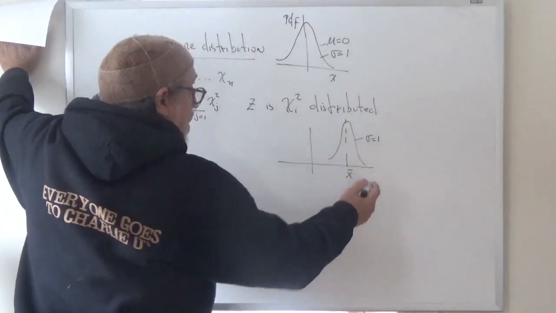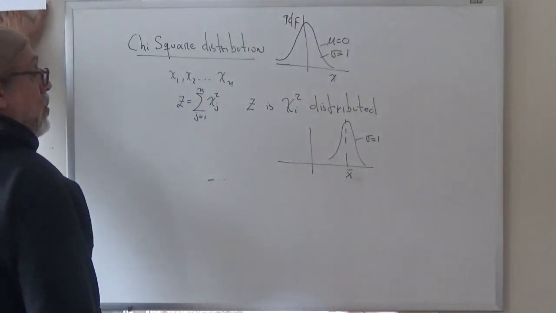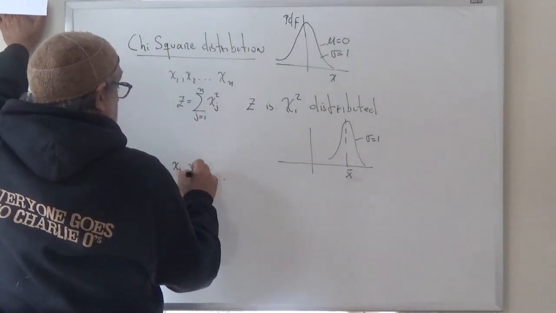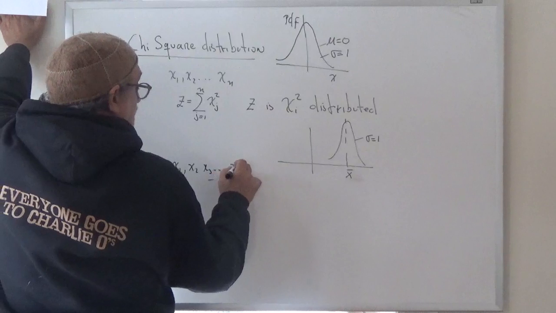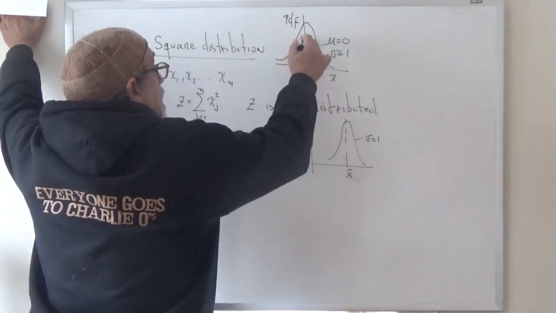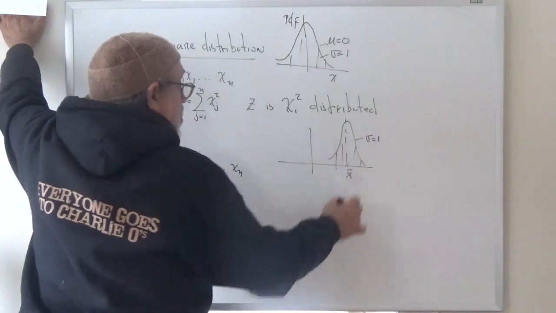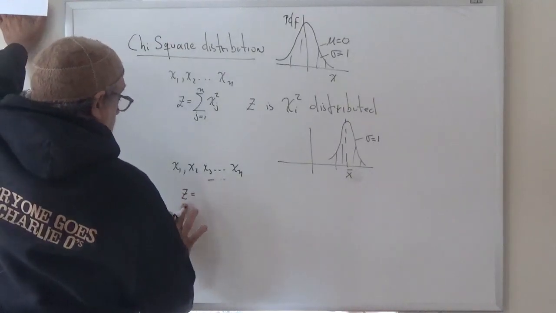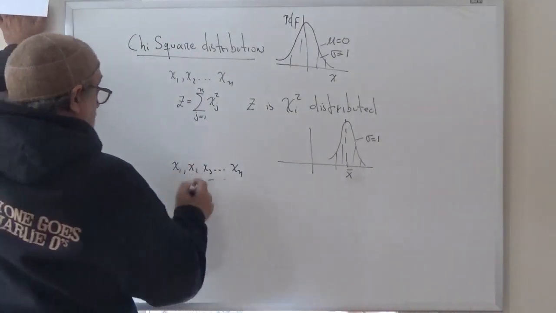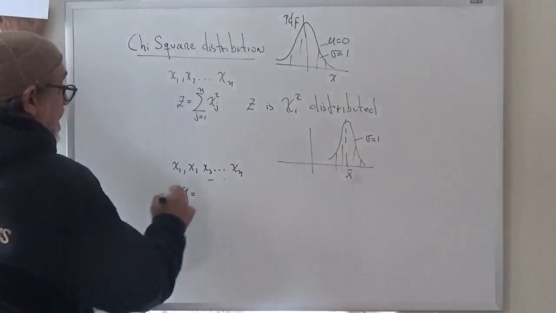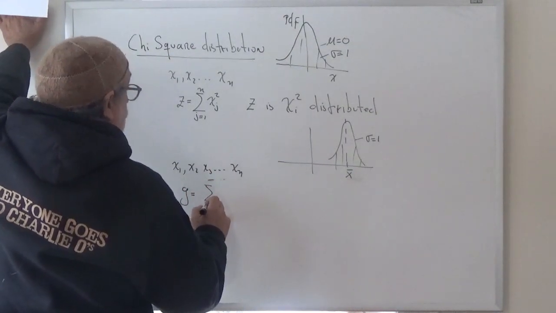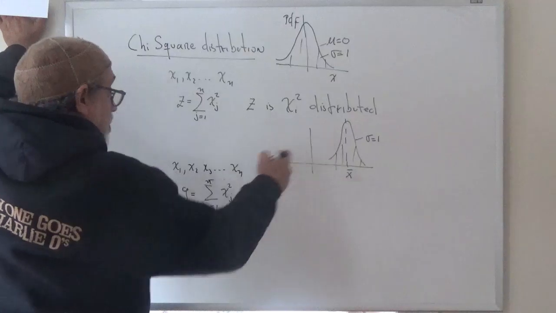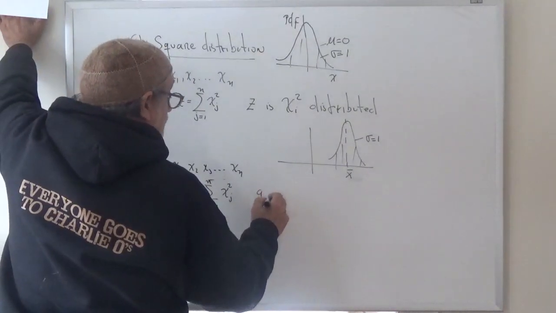If we sample from there x1, x2, x3, up to xn, for large n, and we define, let me not call it z, let me call it g, as the summation from j equals 1 to n of the xj squares, then g is